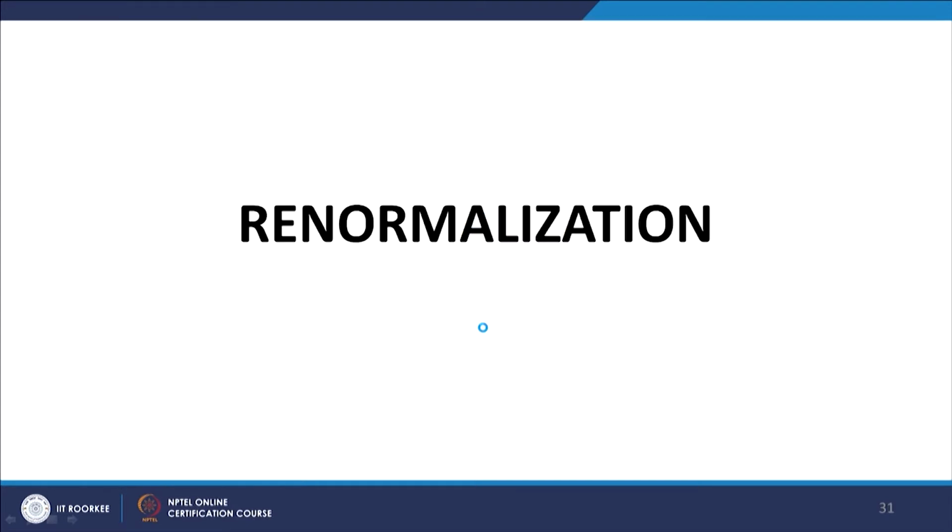Now, we come to a new topic, renormalization. This is one of the most fascinating topics that we encounter in quantum field theory. In the context of 0-dimensional quantum field theory, the approach is somewhat abridged, but nevertheless, it brings out the nuances that are associated with renormalization. I will go through it slowly, because it is a bit technical, but it is very fascinating.